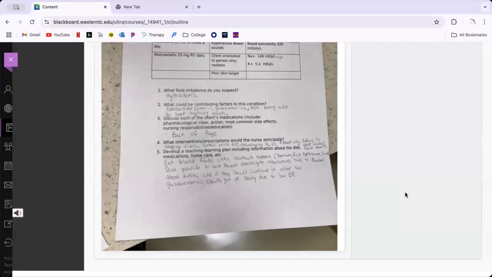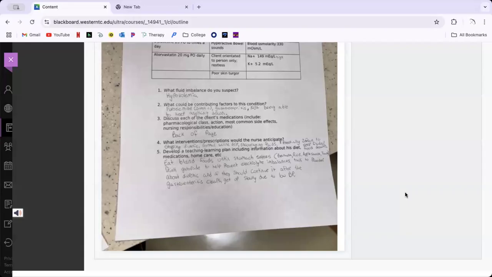What kind of education would you provide if this happened again? What would you provide to anybody who has a GI illness like this? Okay, wash hands. Try and drink, right? It's important that we try to drink. If you can't do water, maybe electrolyte solution or something like that, correct?